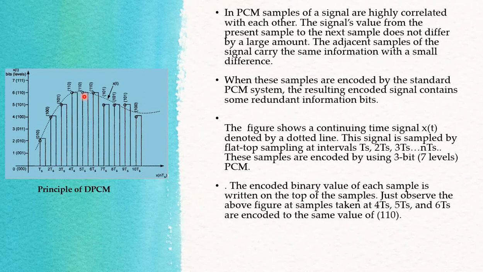Differential pulse code modulation has one extra block, called a predictor. Based on the previous input, the present input and the previous output, it will predict what is going to be the current output. If your current output is the same as the previous one, it will discard that portion, as we would be transferring the same information repeatedly, a redundant bit. So this is the working principle of DPCM. It is used to avoid redundancy of the information.